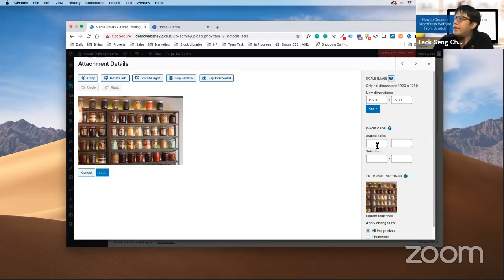Under aspect ratio, choose 1:1. Once you choose 1:1, select the area that you want. Your selection area will only be 1:1. Once you are done, just click on crop.